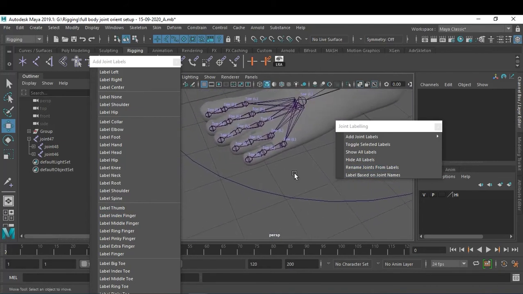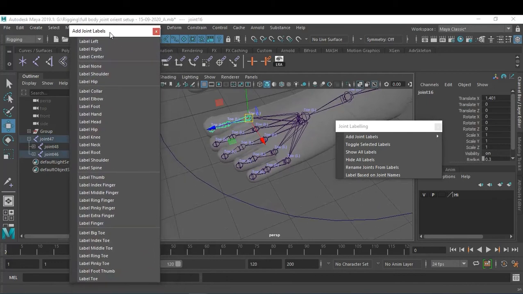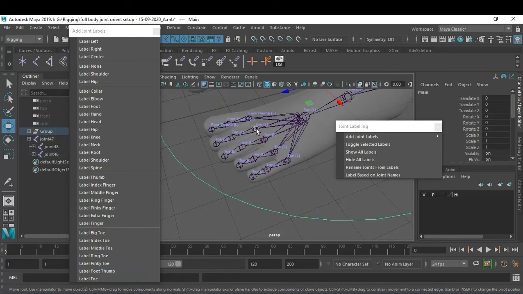Now you have to define this also. What is this? Anybody can answer? This is the toe joint. Label Foot Thumb. Okay, just click on that. Okay, this is our foot thumb, and this is what?